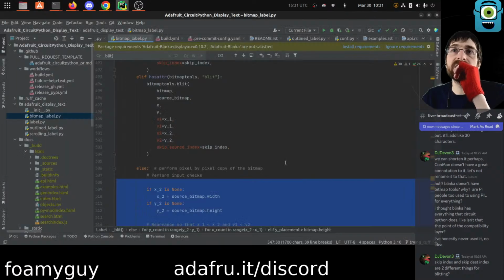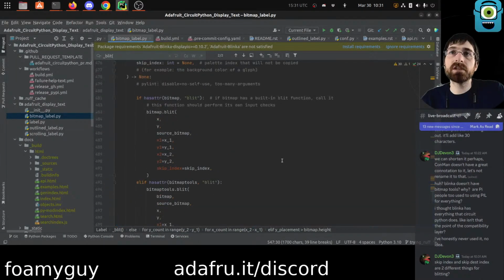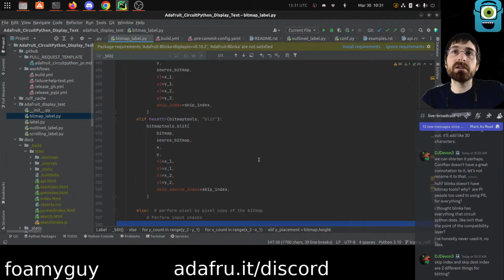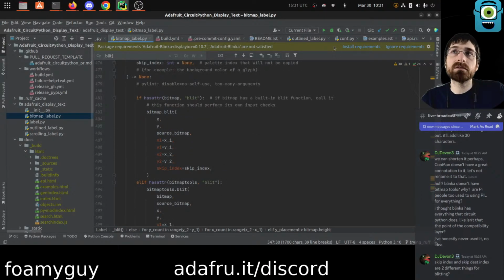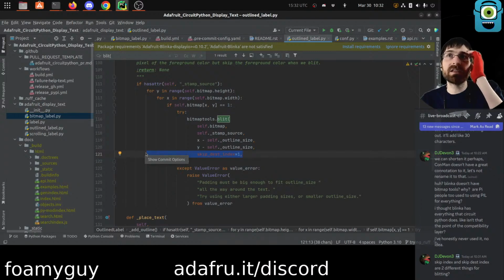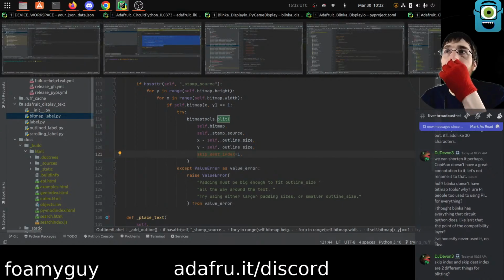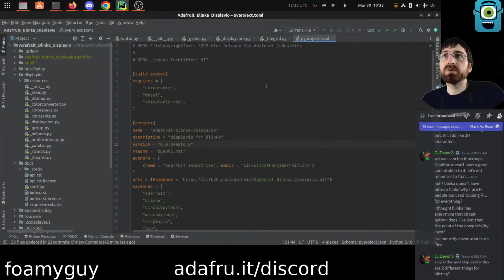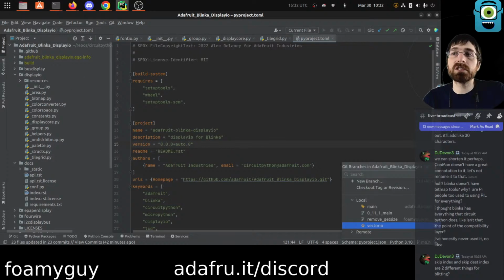What is the easiest way to do this, actually? Because I do feel like maybe we can make this work. It won't just work right now, but I think we can make it work. So we want to add this capability, skip dest index. I think the easiest way to make this work is going to be add this to Blinka Display I/O bitmap blit. But we also need to